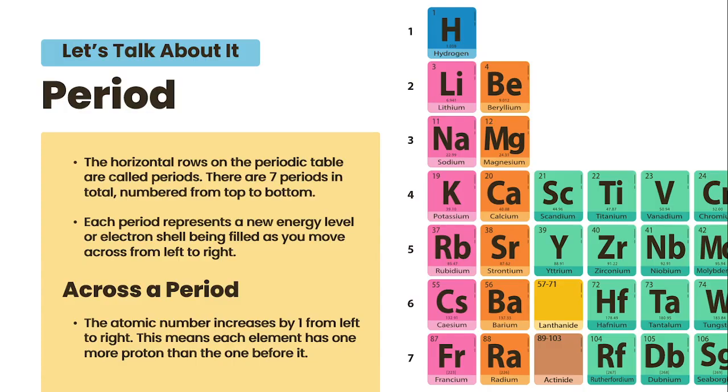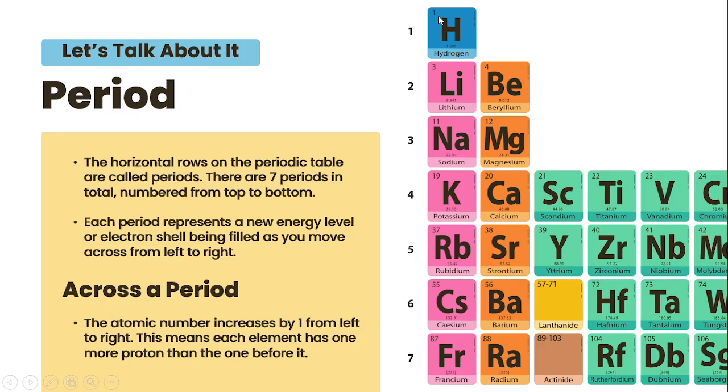Alright, now let's look at the period. The horizontal rows, like I said in the previous lesson, are called periods. There are 7 periods in total, numbered from top to bottom: period 1, period 2, period 3, period 4, period 5, period 6, and period 7. Each period represents a new energy level,